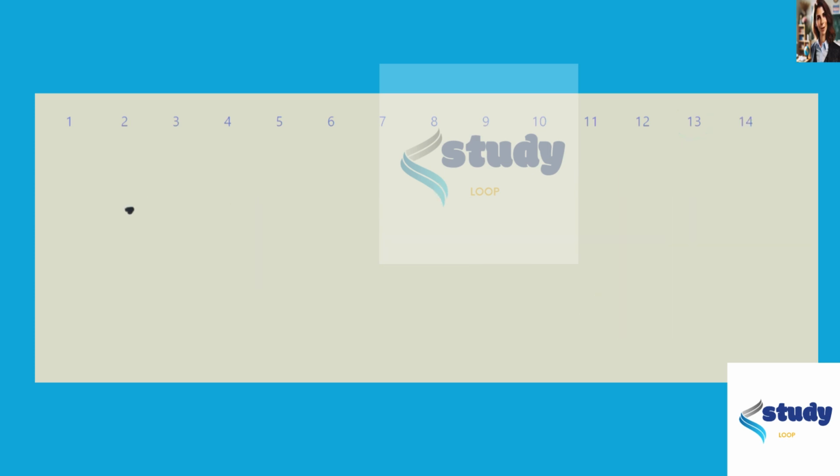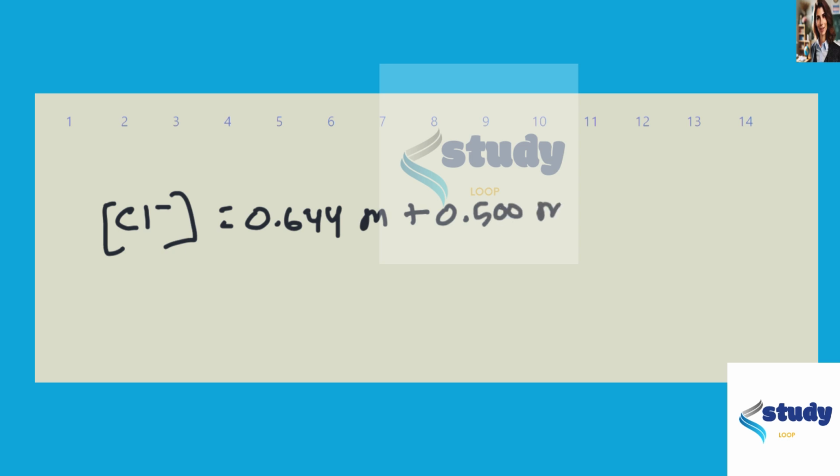That means the final mixture chloride ion concentration will be 0.644 plus 0.5 give us 1.14 molar chloride ion,